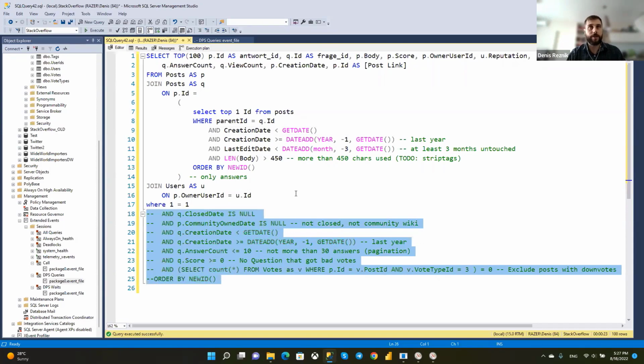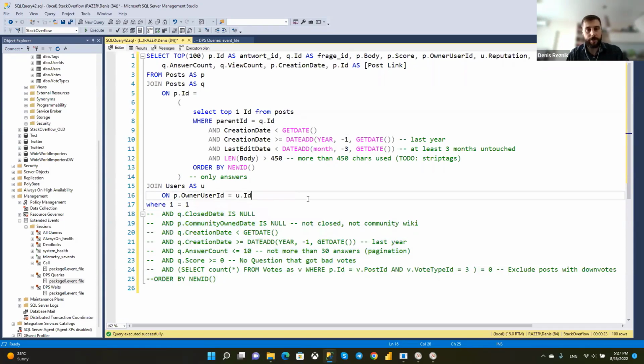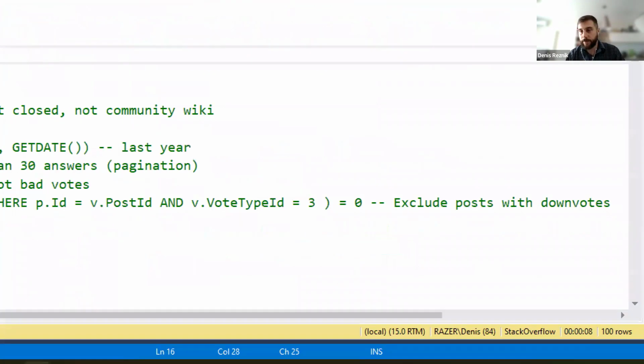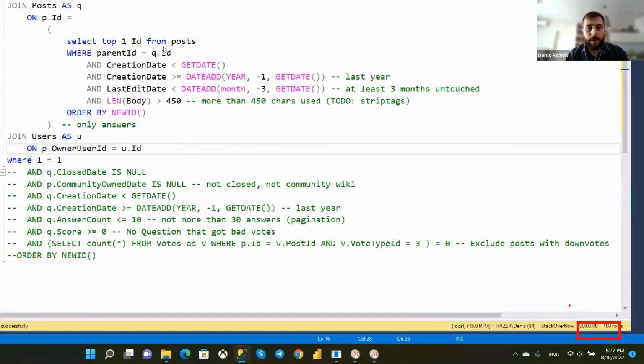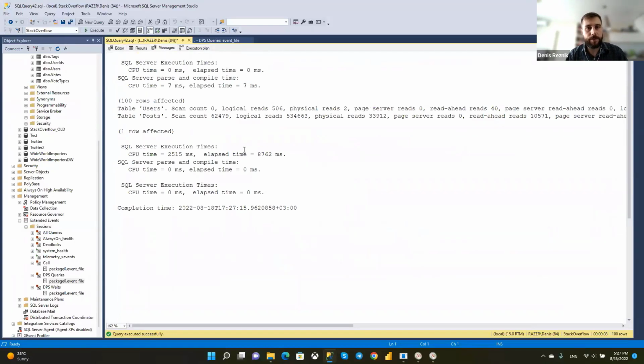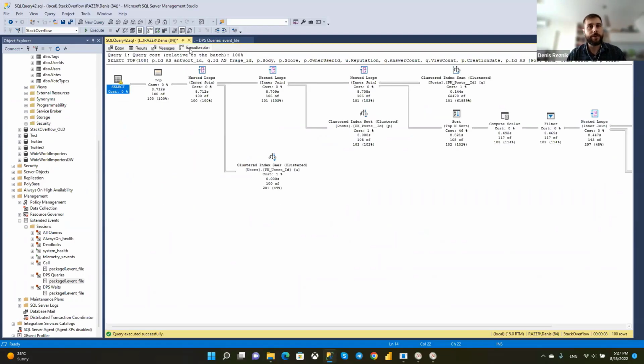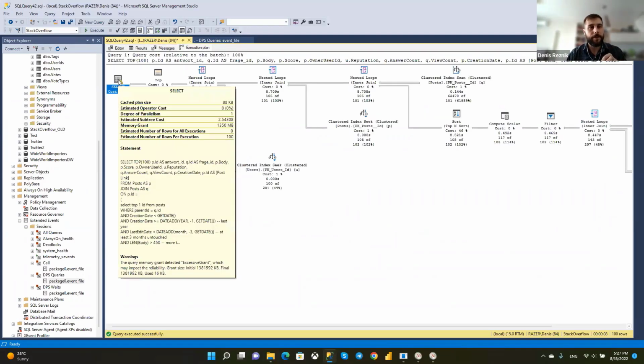I will comment out half of the query, predicates, joins, and so on. The query is, well, it's not faster at all. 5 seconds, 6 seconds, 7. Well, it's faster. Right now it's 8 seconds. Yes. And also you see the duration is 8 seconds, but CPU time is 2 seconds. So this query was waiting for something.